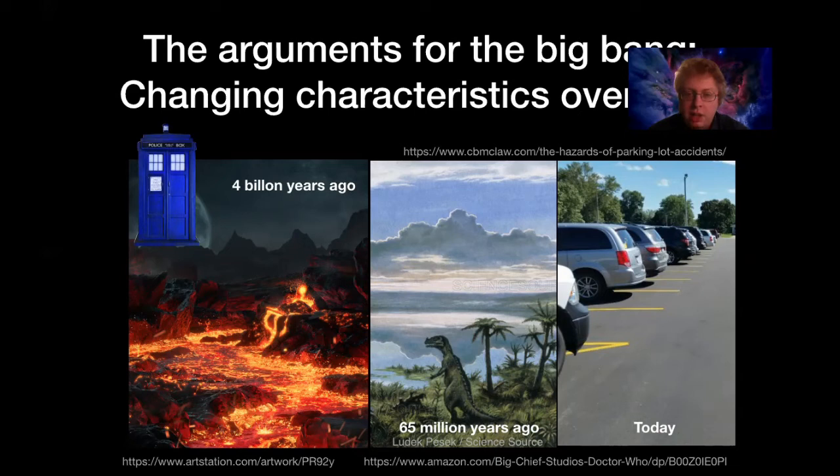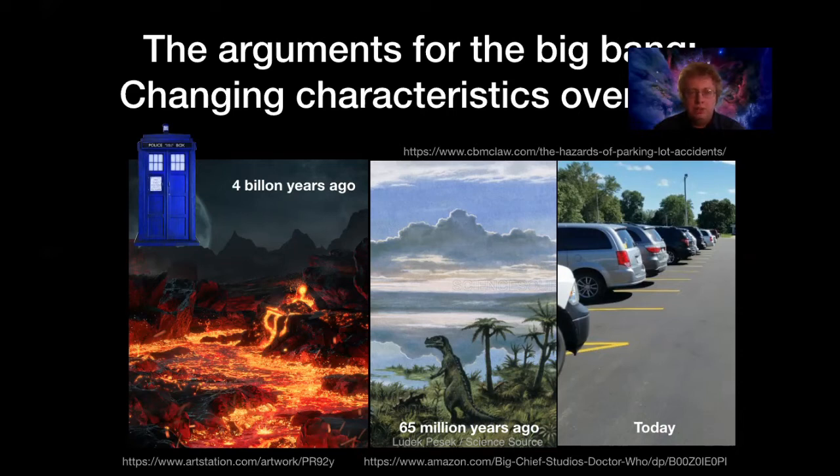And if you went back even further, maybe 4 billion years ago, you would see a very different landscape indeed, because you would still see the Earth being bombarded by lots and lots of rocks from space and causing our crust to be molten. So what you can infer is that over time, the Earth has changed.